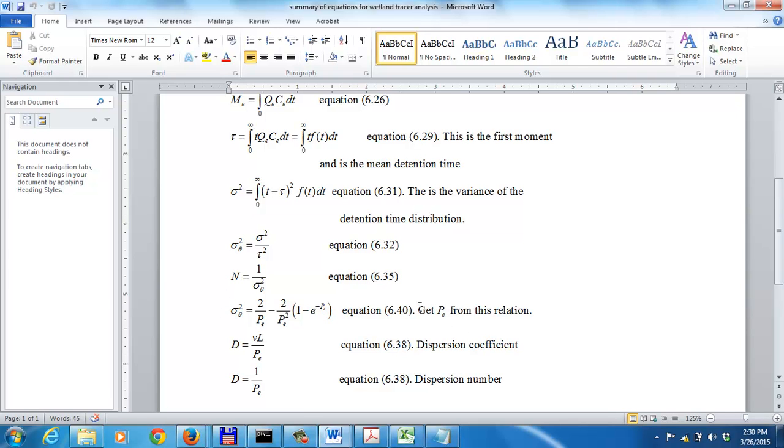To get the Peclet number, here's the equation for that. We can see the Peclet number appears in several places on the right hand side of the equation. So if we insert in here the value of sigma theta squared, we can, by trial and error, determine what the value of the Peclet number has to be in order to come up with that value of sigma theta